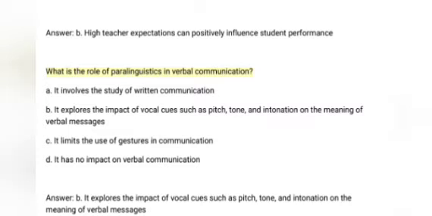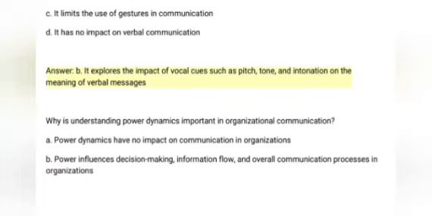What is the role of paralinguistics in verbal communication? A. It involves the study of written communication. B. It explores the impact of vocal cues such as pitch, tone, and intonation on the meaning of verbal messages. C. It limits the use of gestures in communication. D. It has no impact on verbal communication. Answer. B. It explores the impact of vocal cues such as pitch, tone, and intonation on the meaning of verbal